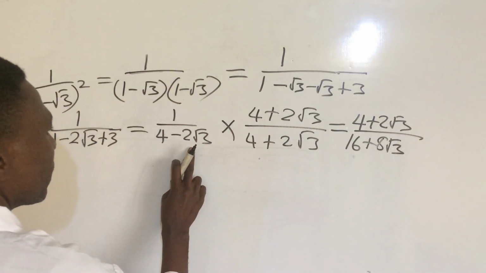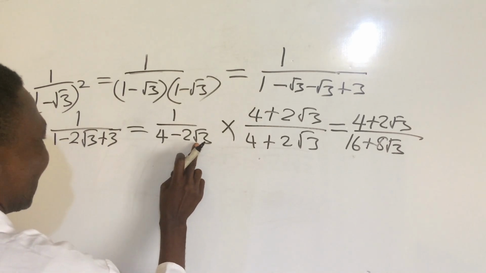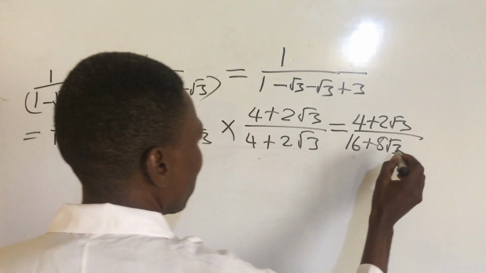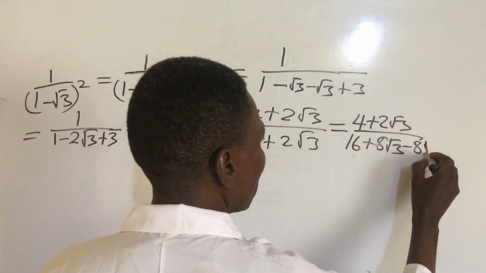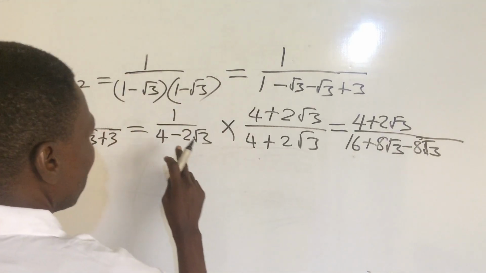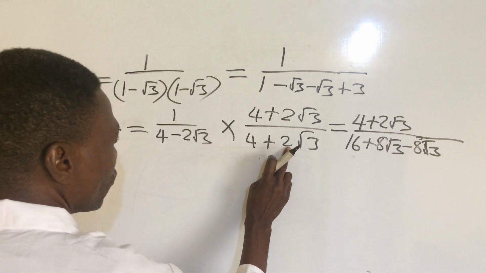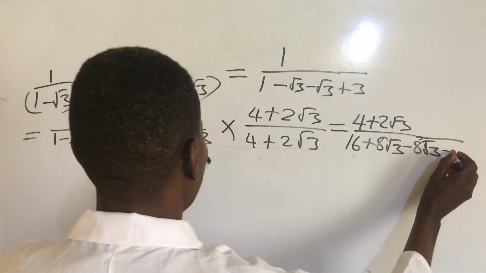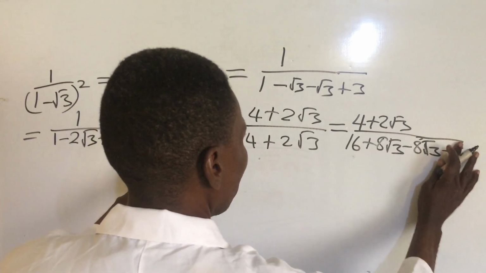Coming to this one, we now have minus 2 root 3 times 4, which will give us minus 8 root 3, okay? Then minus 2 root 3 times plus 2 root 3 will give us minus